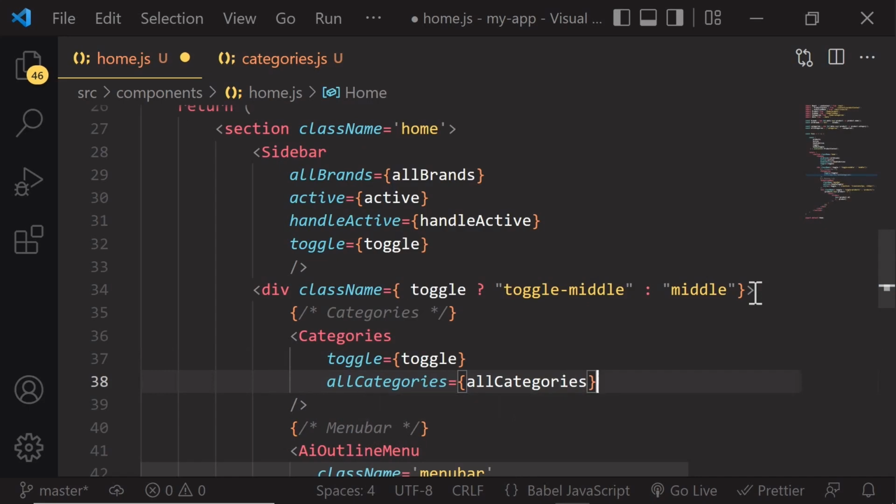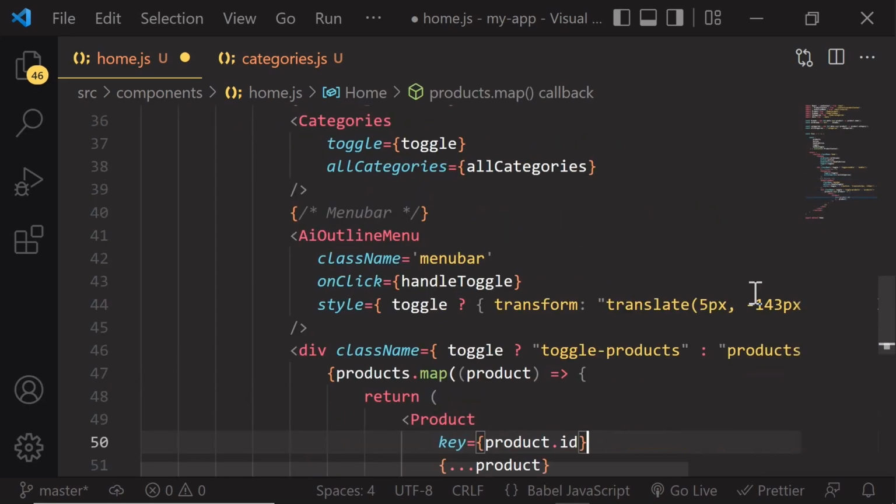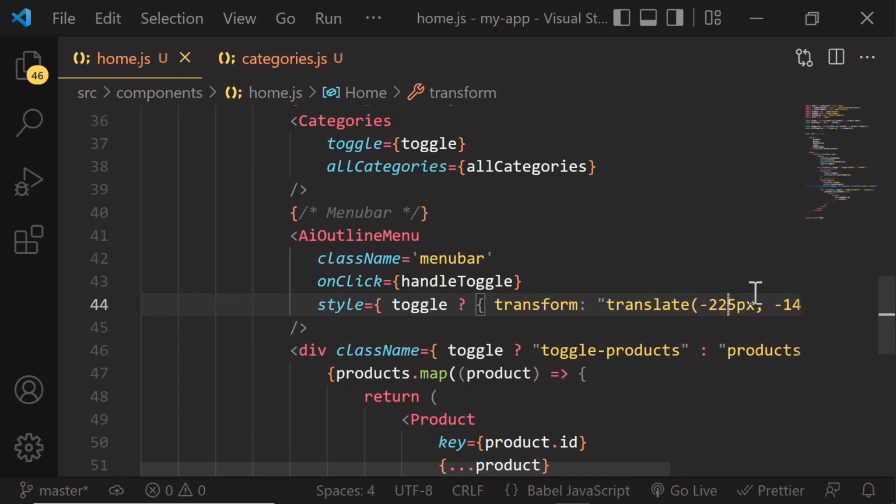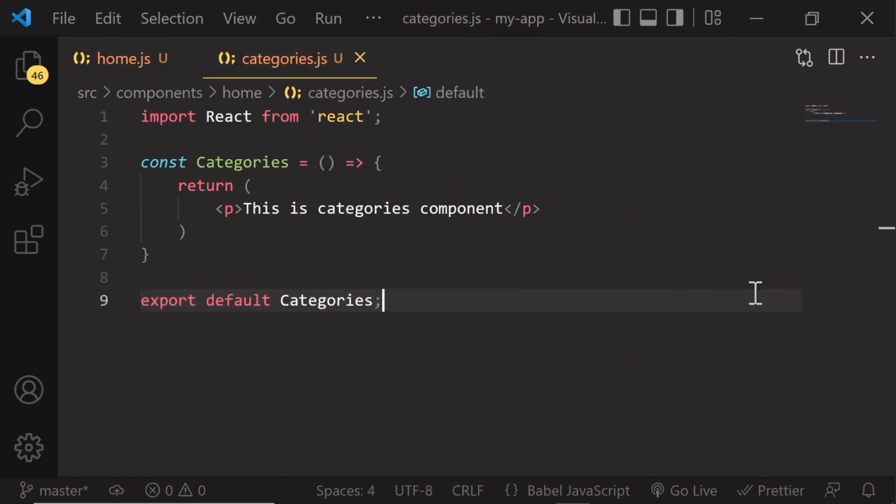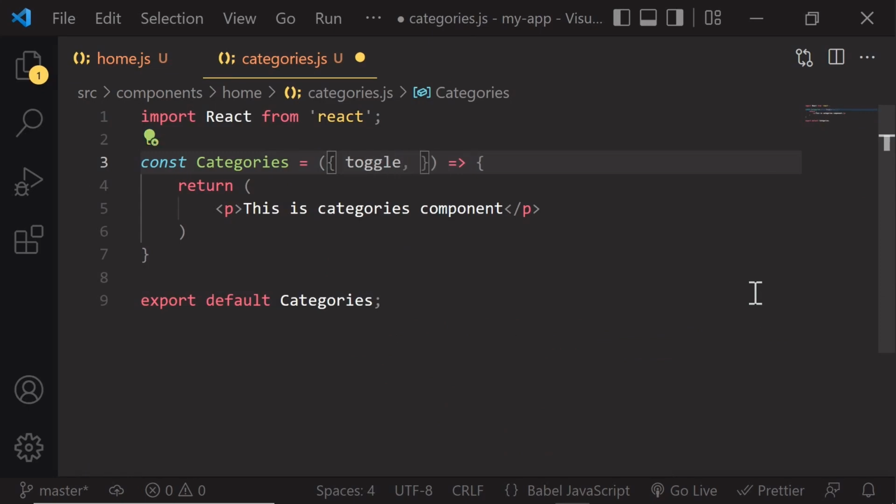Also, I want you to go down below our menu bar icon and change the translate into a negative 125. Save the changes and go back to the categories component and receive toggle as well as allCategories as props,